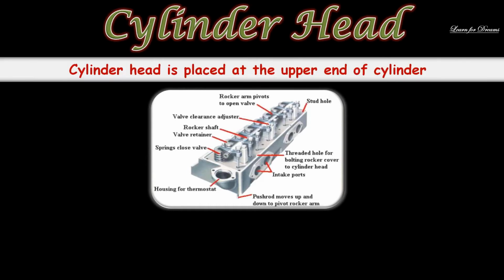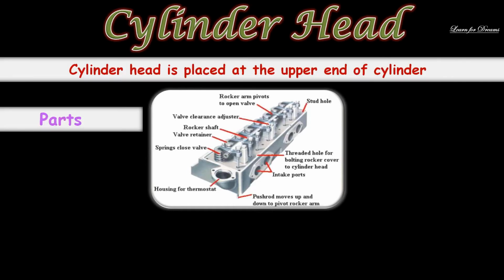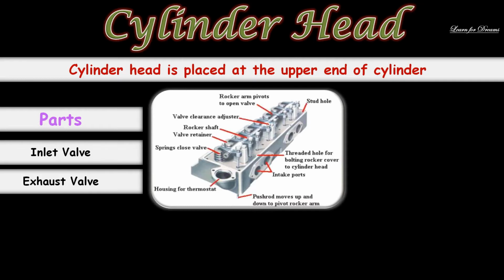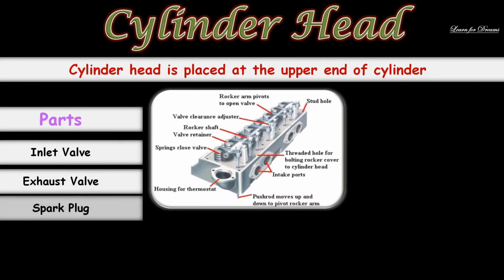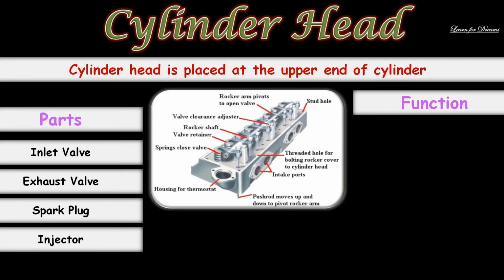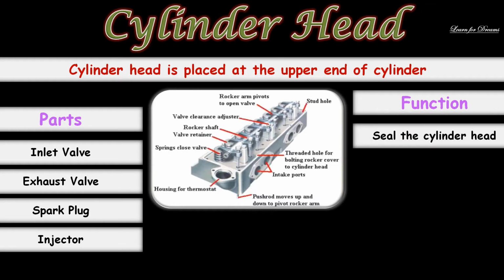The next is the cylinder head. You can clearly see the components of the cylinder head over there. Next are the particular parts of the cylinder head. The first part is the inlet valve, which will allow the intake of charge within the cylinder. Next one is the exhaust valve. After carrying out the compression process, whatever exhaust gases there are have to move out from the chamber, so the exhaust valve will be there. Then the spark plug in case of an SI engine, and the injector in case of a CI engine.